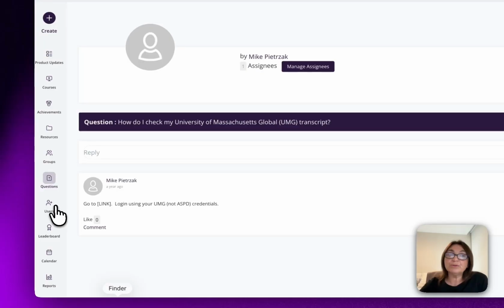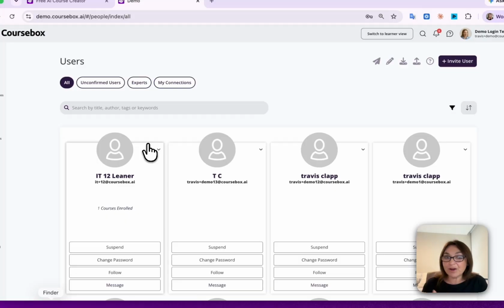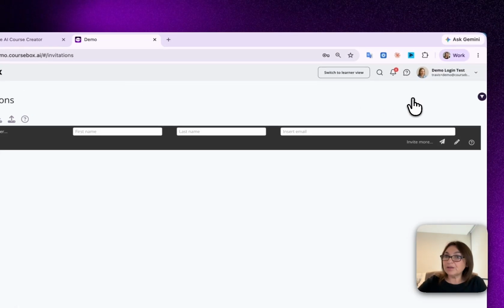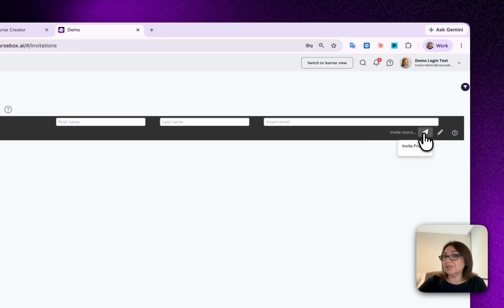So now let's go to users. This is how you add your learners. So once you've created your course, you can invite learners, you can invite your facilitators, and you can do it through this. You can invite a user, so first name, last name, and an email, and just send the